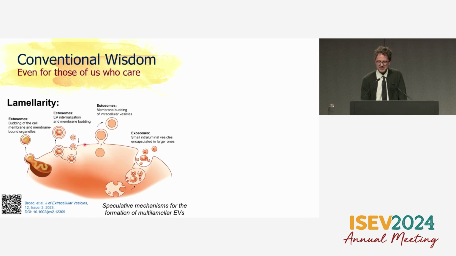There was a fantastic paper that came out pretty recently from our next speaker, Ken Whitwer and his team, which actually proposed that perhaps that lamellarity is indicative of different biogenesis mechanisms, and that this is something, again, that's not an accident, but that is some way that the cell is preparing these. And I would say little is known about the mechanisms and also the implications. I even think in Ken's paper they referred to these as speculative mechanisms. So this is a great start, but there's a lot of work here to understand what this means.